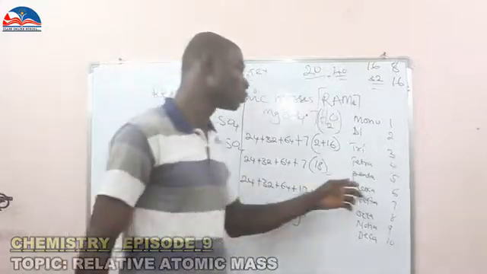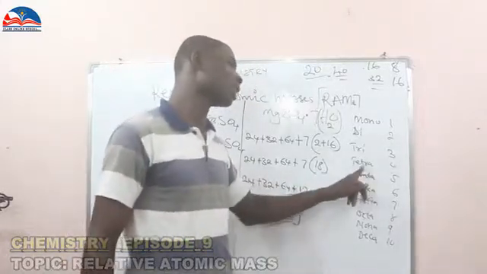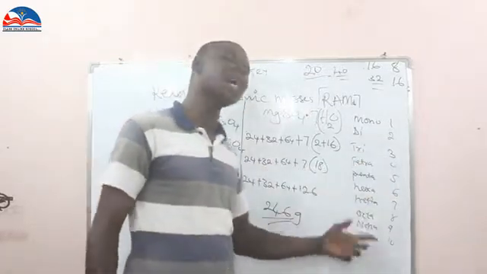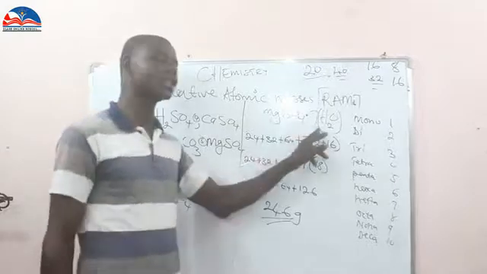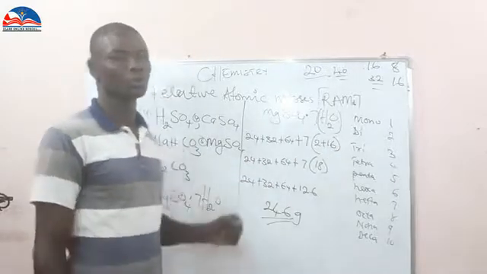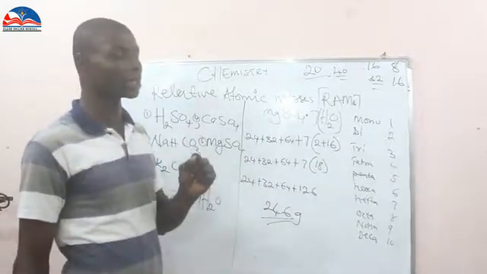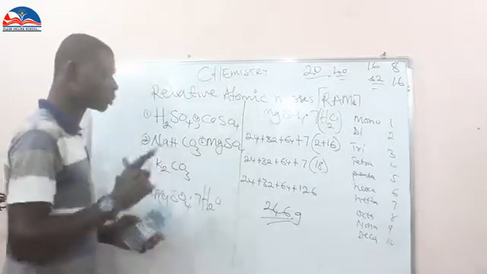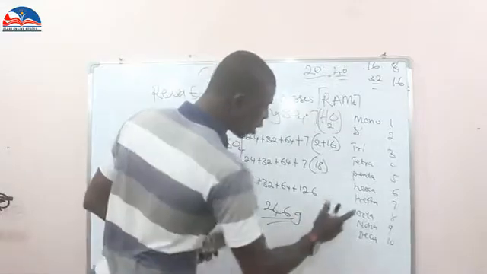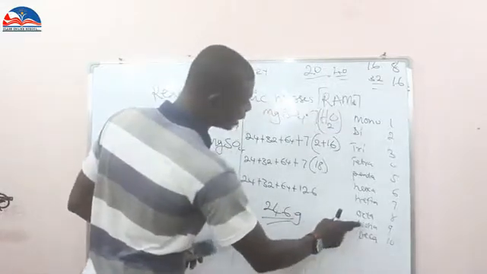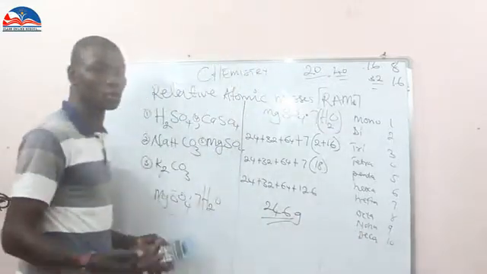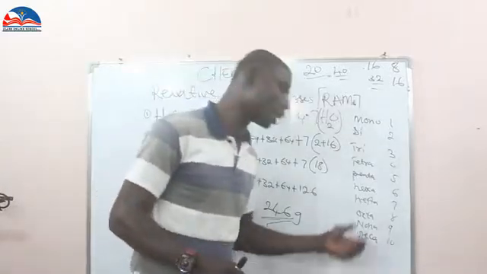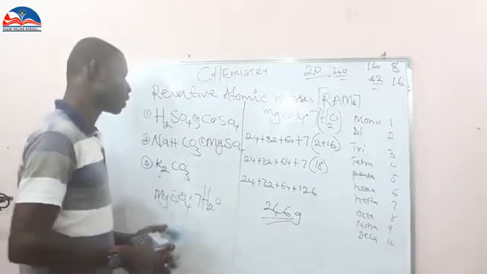They can give you pentahydrate, they can give you tetrahydrate, they can give you trihydrate, they can also give you octahydrate. So it's left for you to use this format to solve it. Now for more clarification, let us put any other one. Among 8, 9 and 10, which one do you want us to choose and solve again before we stop? Okay, number 9. Alright, in this number 9,